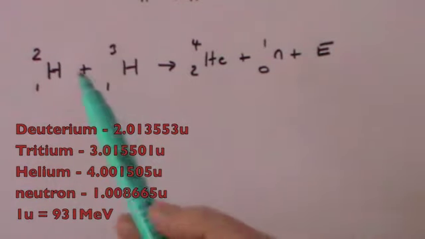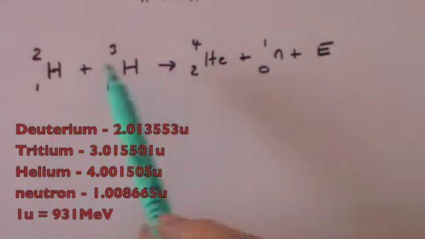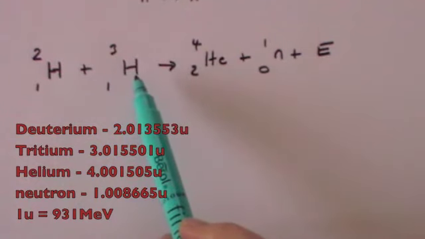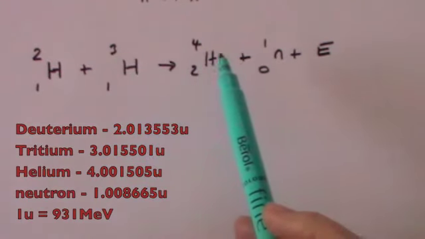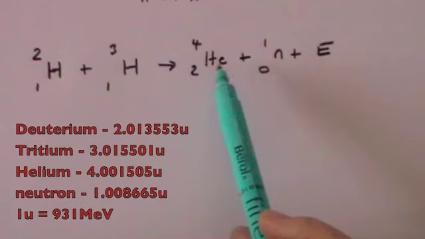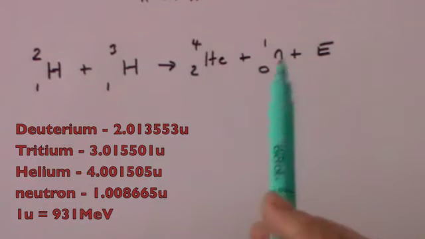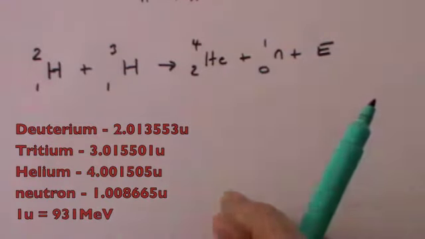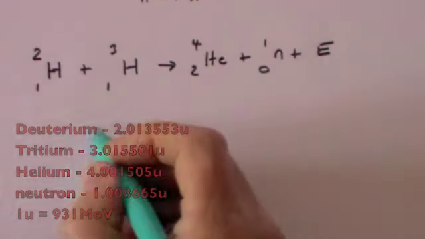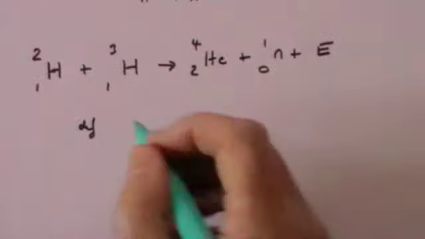And the way to do this, obviously, is to add together the atomic mass units for the deuterium and the tritium, and then add together the atomic mass units for the alpha and the neutron, and subtract one from the other, and that gives you the mass deficit. And if you do that, you should get that the deficit is equal to